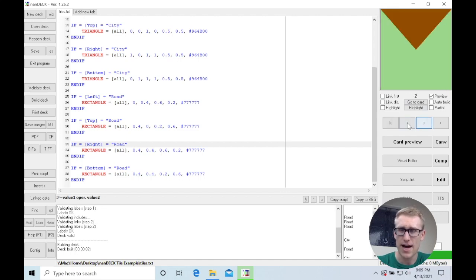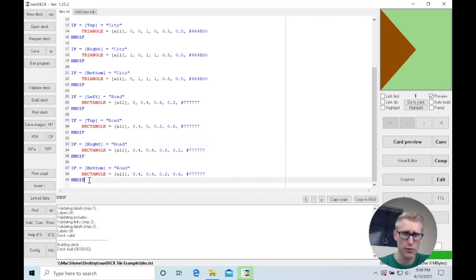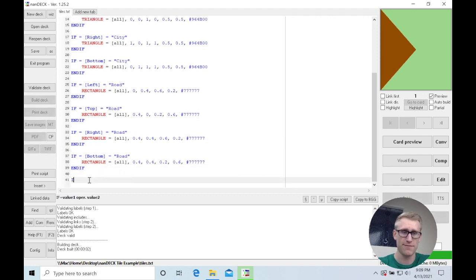So really the last piece we have here in our simple example is the little village or town, I think I'm calling it, in the middle. That's kind of like the monasteries in Carcassonne. And it's going to be a similar concept. This is like great conditional practice, like just how to use if statements. If middle